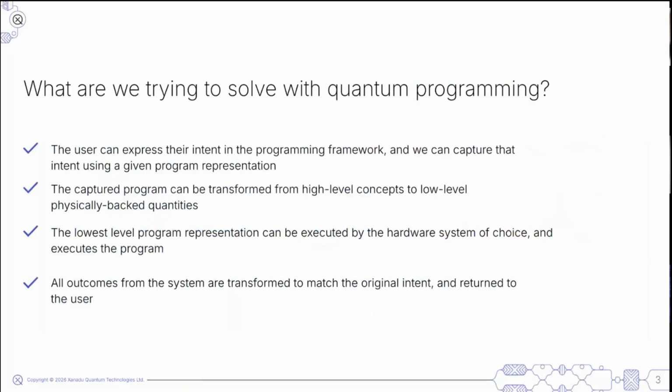So, what are we trying to solve really here? I think the idea is making sure users, a user being a researcher, somebody who wants to play around with these things, somebody who has a business case, have the ability to declare whatever their intention is in a programming framework. It doesn't matter what their intention is. We want to give them the ability to express in what way works for them. And once they have their intention declared, we should be able to capture that intent with a given representation of